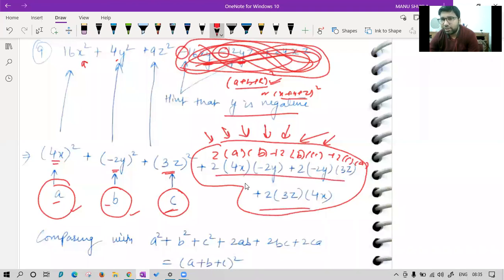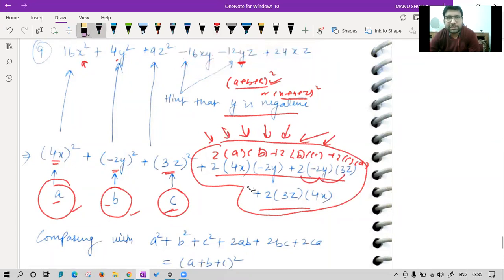And if you want to check, you can see 2 into minus 2 is minus 4. Minus 4 into 3 is 12. And you can see we had minus 12 over here. Okay, I have made it very dirty. One second. So you can see this is minus 12 only and this is same.